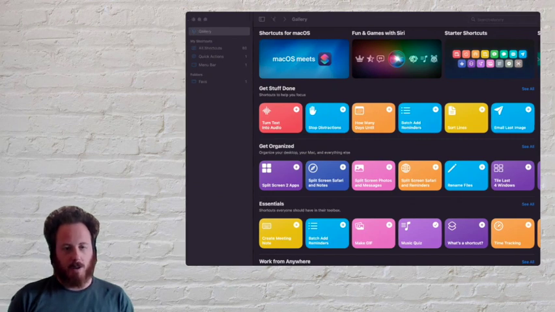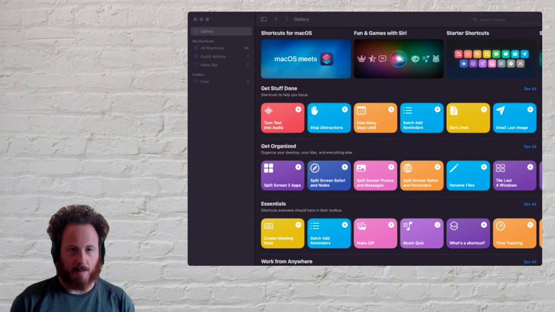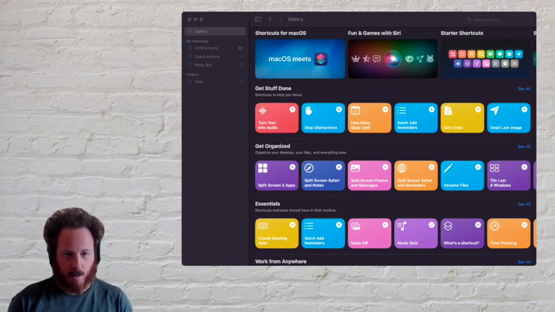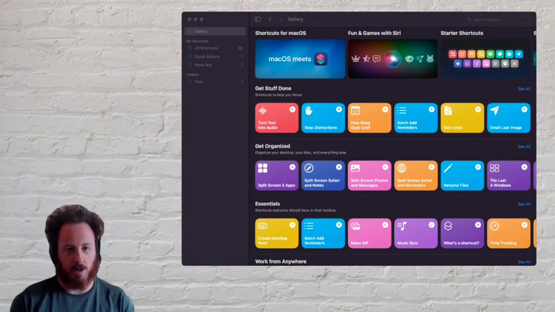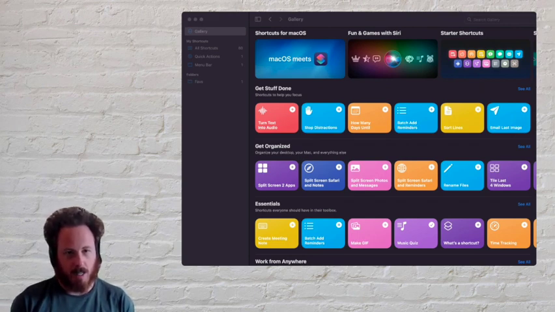So you've probably heard that the new version of macOS Monterey finally includes the Shortcuts app, which previously was only available on iOS. This is pretty exciting because you can now create and share shortcuts from your Mac with your iOS device. So I wanted to give a quick walkthrough of what a shortcut could look like and share one